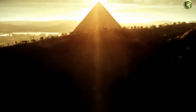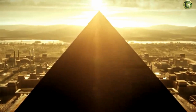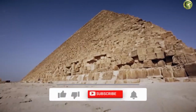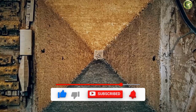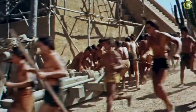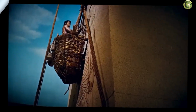For centuries, the Egyptian pyramids have fascinated researchers with a huge number of unsolved mysteries. And although these are some of the most famous and studied architectural monuments in the world, there are still more questions related to the pyramids than there are answers. And the main one is the theory of the construction of these mysterious structures. There are still many conflicting opinions about their